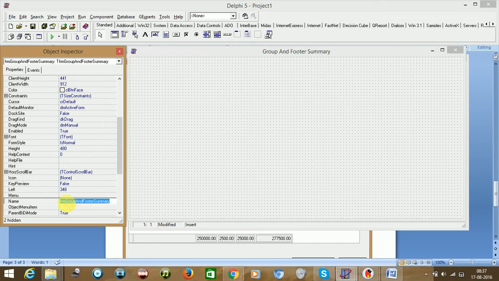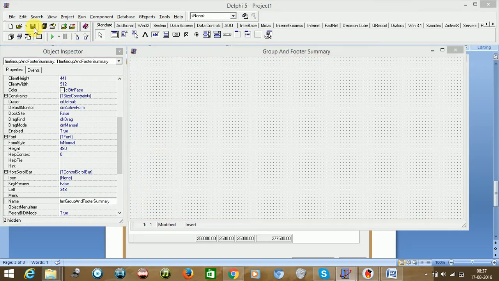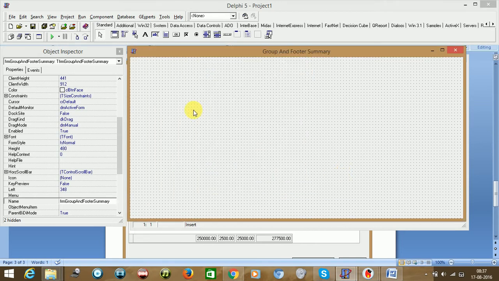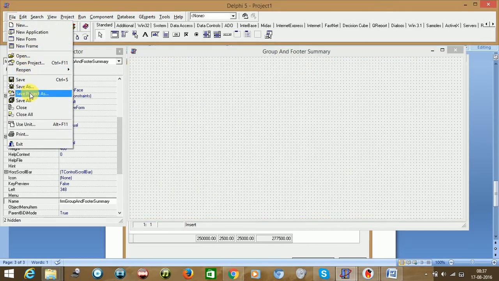Same way, now we will be saving this form. Instead of unit 1, we would be giving group and footer summary unit. We saved this. Save the project as well.